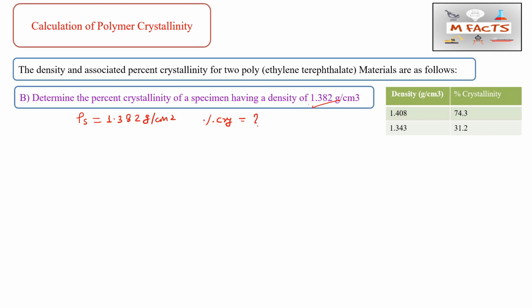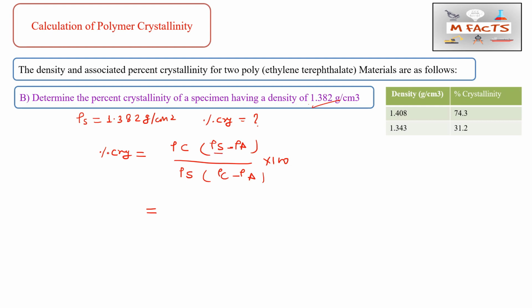Okay, so what is the formula for the percentage crystallinity? We know how to write the percentage crystallinity formula. Again and again I will write it that way only, that is CSA by SCA. I will put the rho here, and if you practice like that again and again, you need not remember the formula. This minus value I will put here, and this is multiplied by 100.